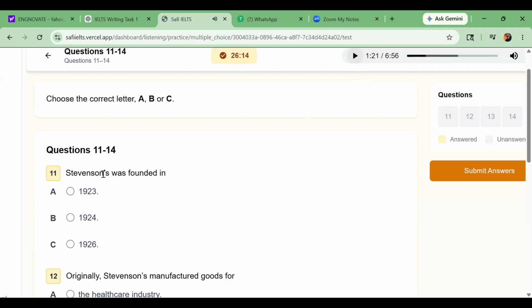All right. So first of all, she said 1923. Now 1923 is not the right answer, because he went into the steel industry in 1923. He didn't clarify that he established the company in 1923. But in fact, she talked about him going into the steel industry in 1923. So most of the time, do not think that you will find the correct answer only by choosing the right option. Sometimes even the wrong options can help. For example, we said the first option is a wrong option.